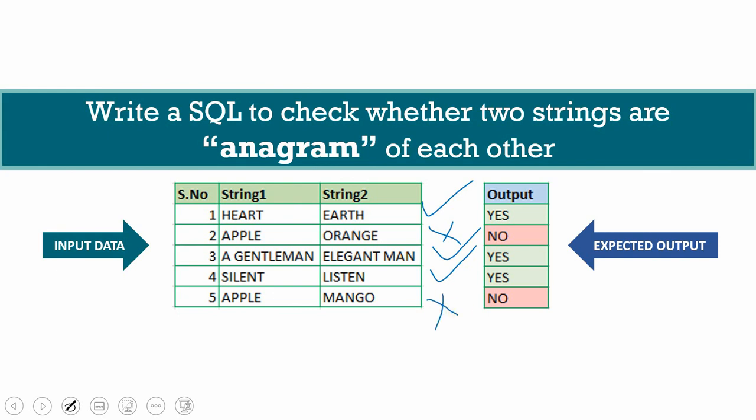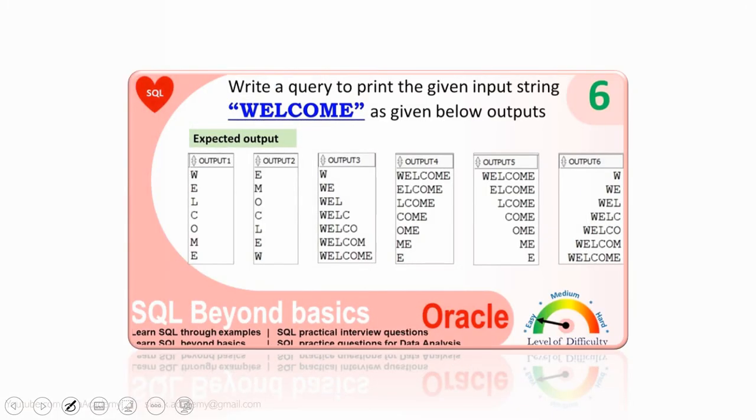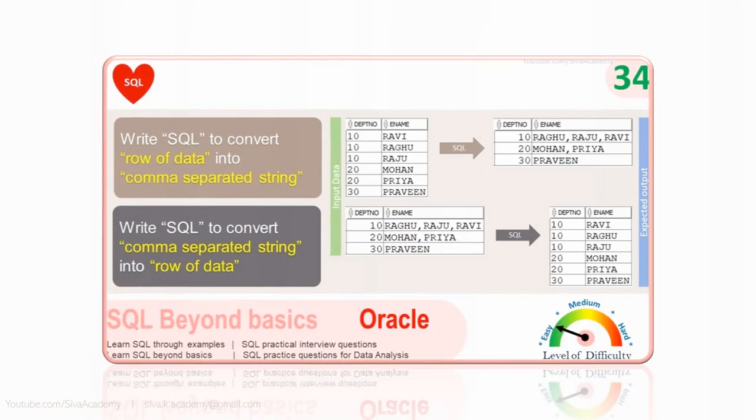So basically we need to compare the two strings and print the output as yes or no, depending on whether the two strings are anagrams or not. We are going to use only two simple concepts here, which are already explained in the video series. The first concept is how to convert a string into rows of characters. We are just going to use the same logic again here. The second concept is how to convert rows of data into a comma separated value and a comma separated value into rows, vice versa. These two logics we are just going to reuse in our example.